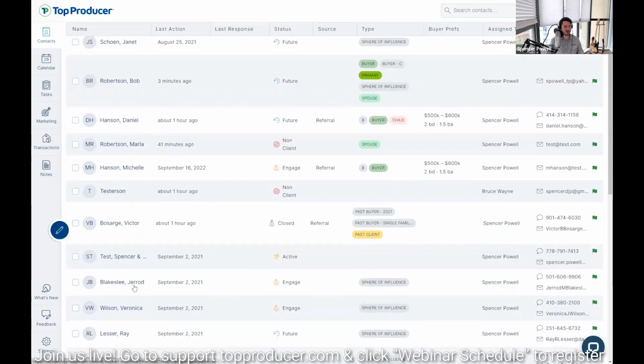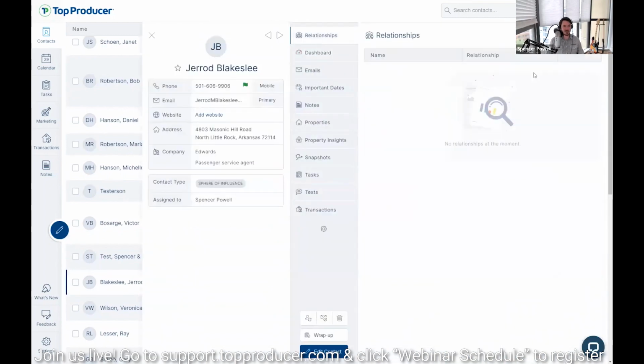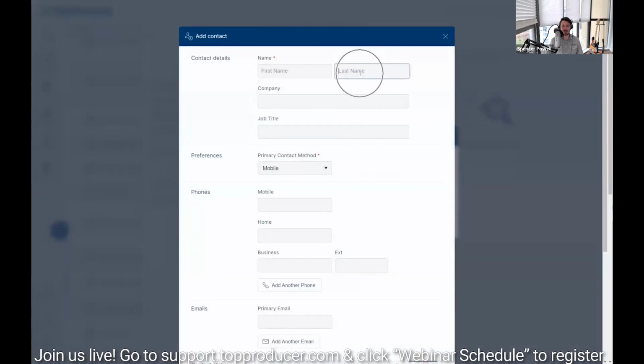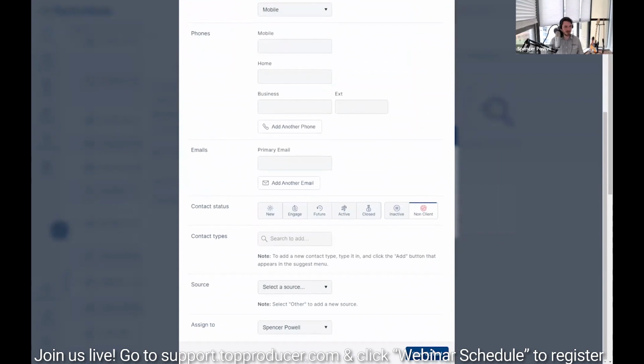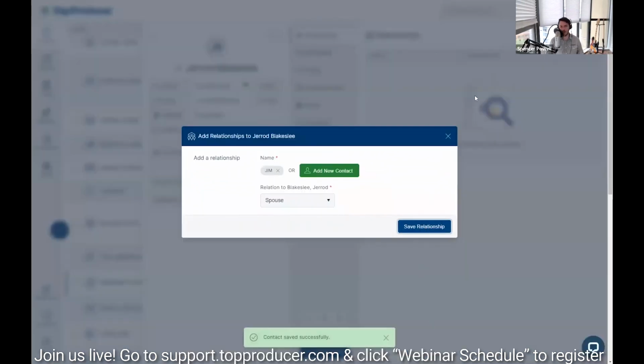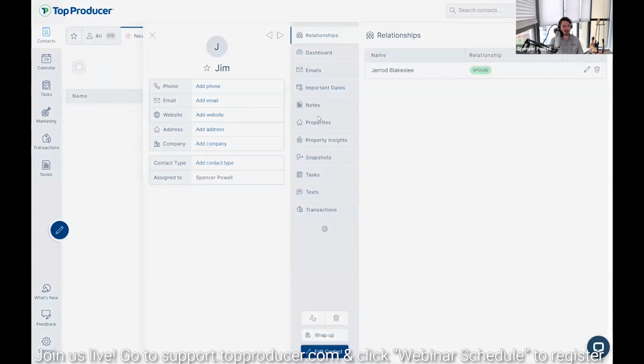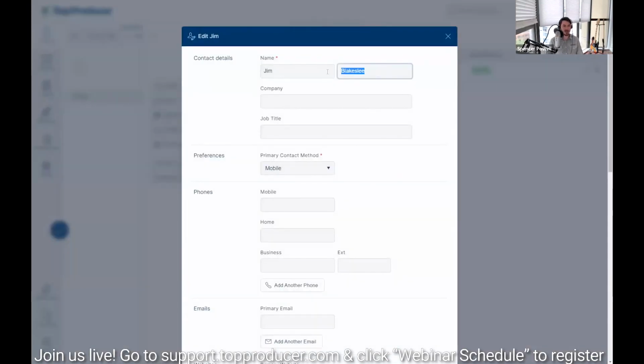For example, if I go into this contact here and I add a new contact, or a new relationship, I should say, I could technically name the last name of this contact anything that I wanted. So it would be up to me to make sure that the name is correct, because they may or may not have the same last name, right? So for example, let's say Jim, and then I save contact. It's not going to automatically create a last name and just take his last name. So what I could do is, when I'm creating the contact, make sure that if he has the same last name, I put that there. Otherwise, if they don't, like for example,